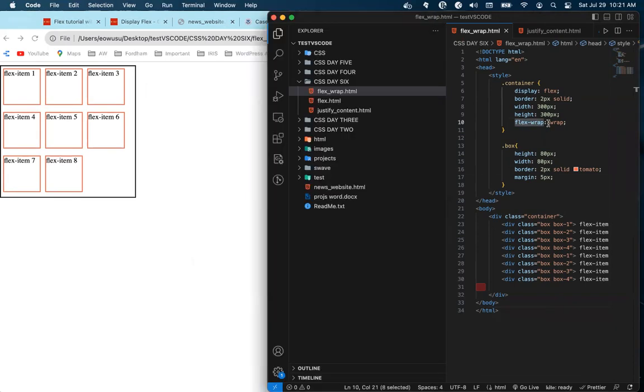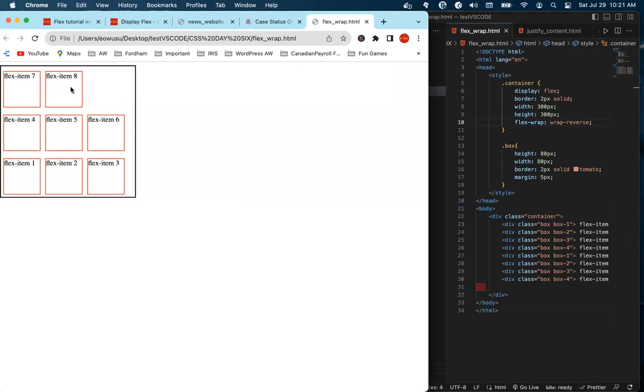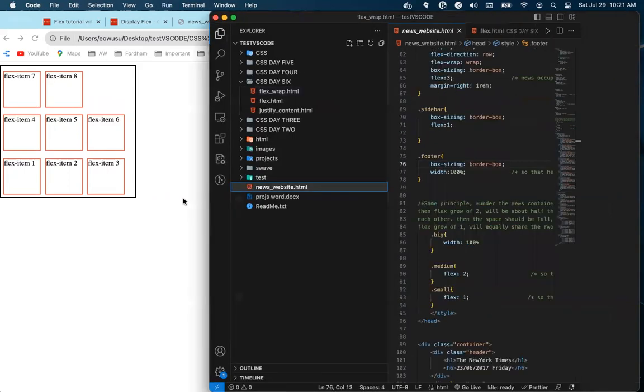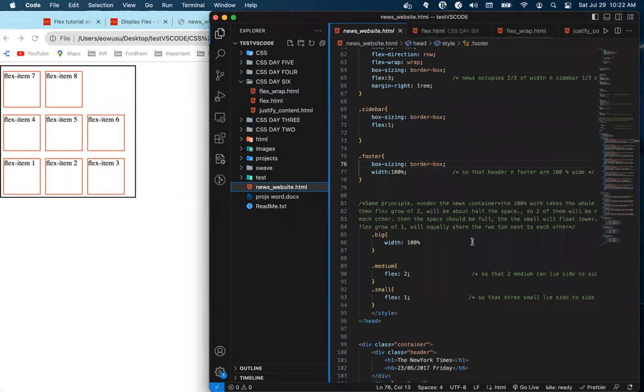So let's see if we do the wrap reverse, which is the third value. So the item at the bottom here has come to the top. So wrap reverse is like you're doing it in the reverse direction. I don't think you're ever gonna need it, but in case we do,